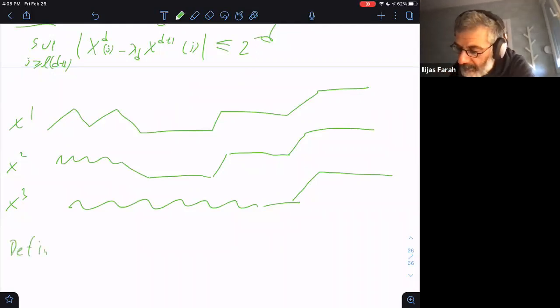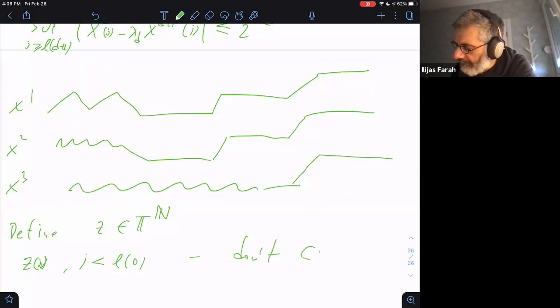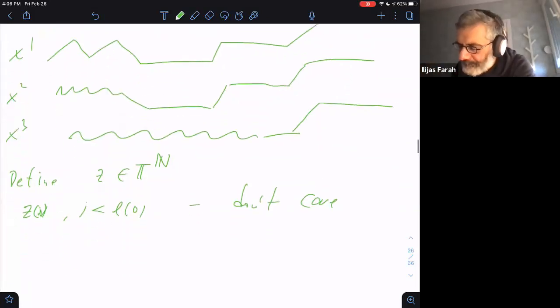So define z in T to n. Okay, so first, z of j is arbitrary if j is less than L of 0, we just don't care. Just choose your favorite complex number on the unit circle, it works. It's completely irrelevant. Okay, so now if j belongs to the interval between L of d and L of d plus 1,